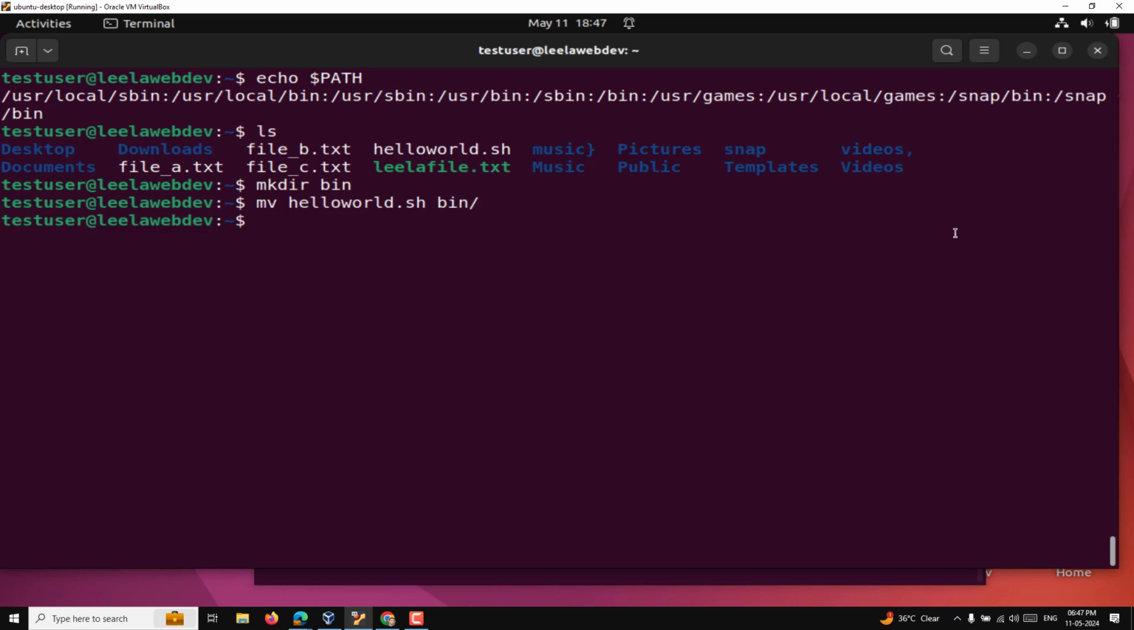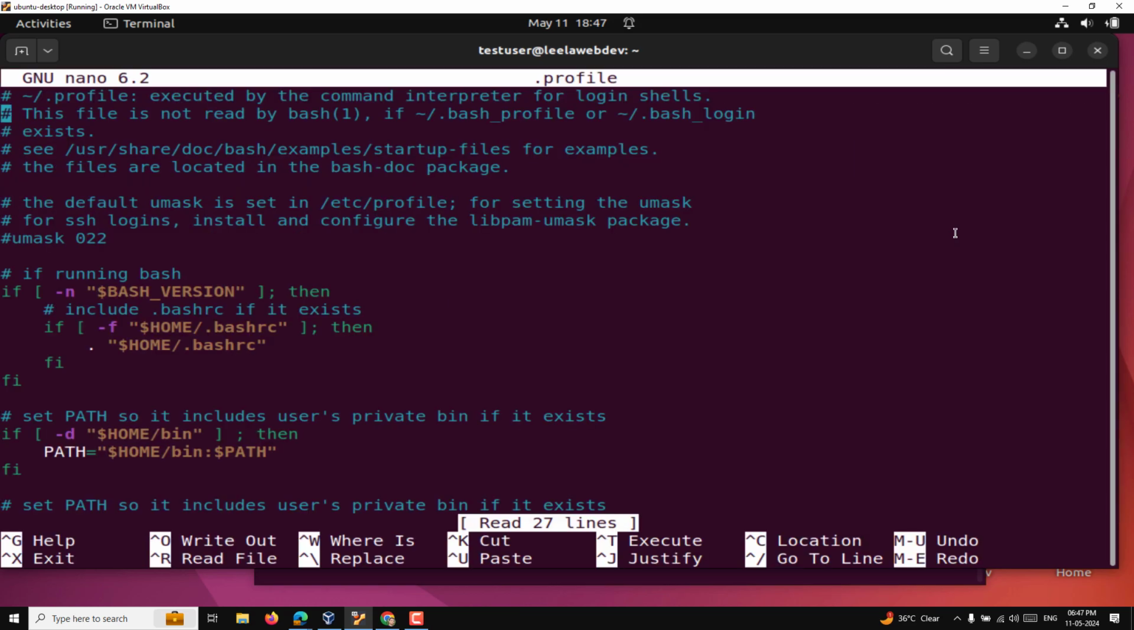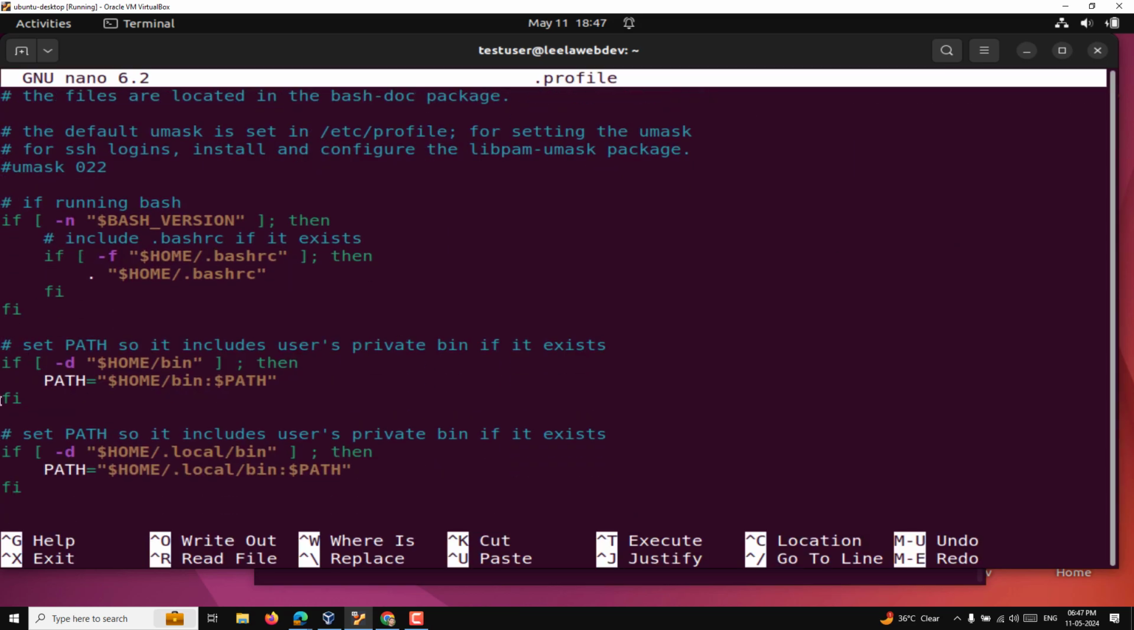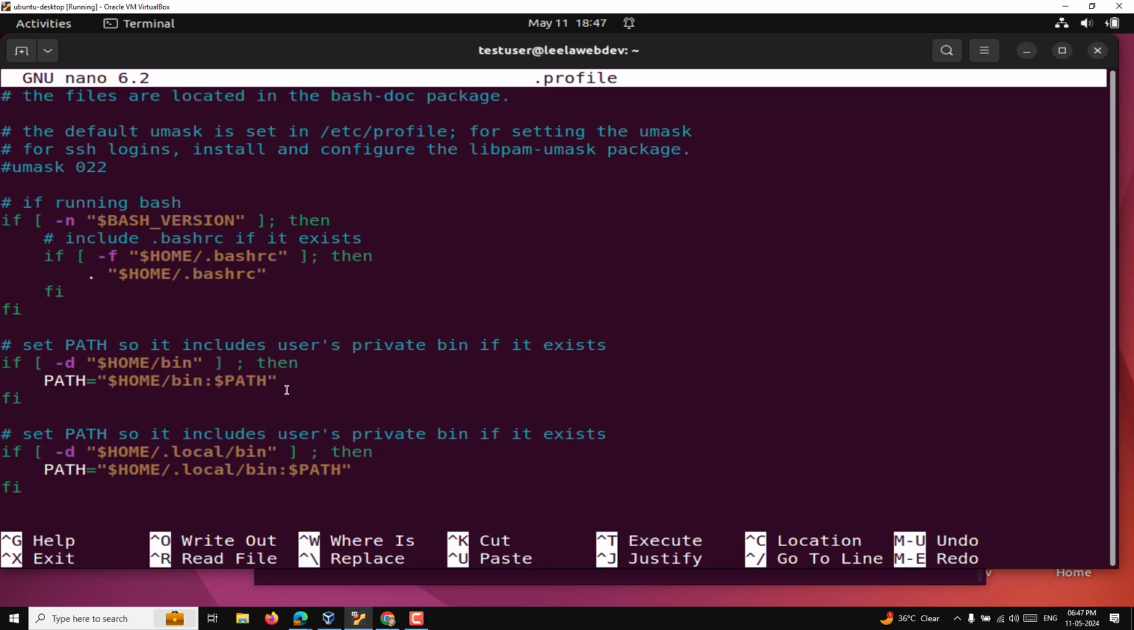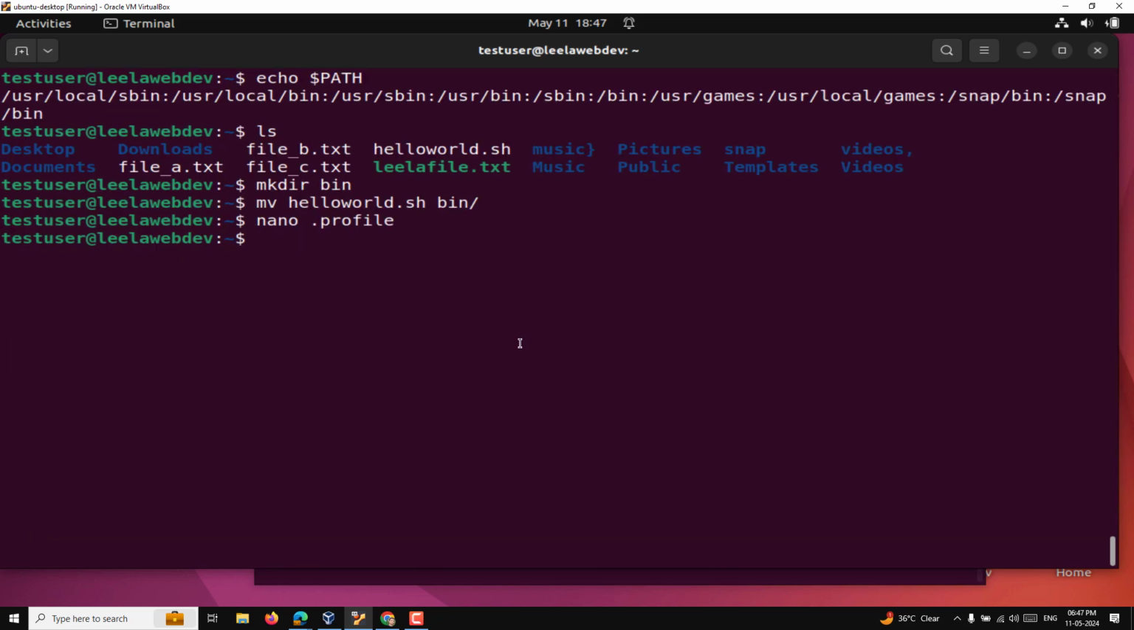Now when you place it into the bin directory, normally you will have some code in the .profile. I will show you the .profile. Here you will see one logic in such a way that if, in the home directory, $HOME means the home directory, there is a bin folder available, automatically the path will be added. See, $HOME/bin is added to the path automatically. So if you have created the bin directory,